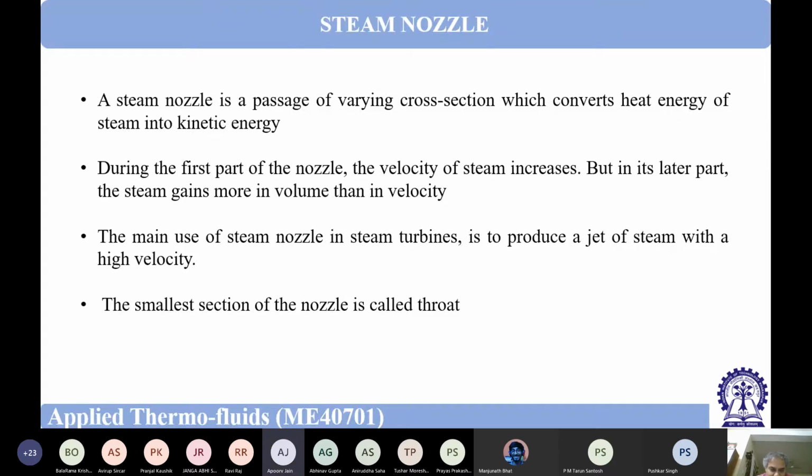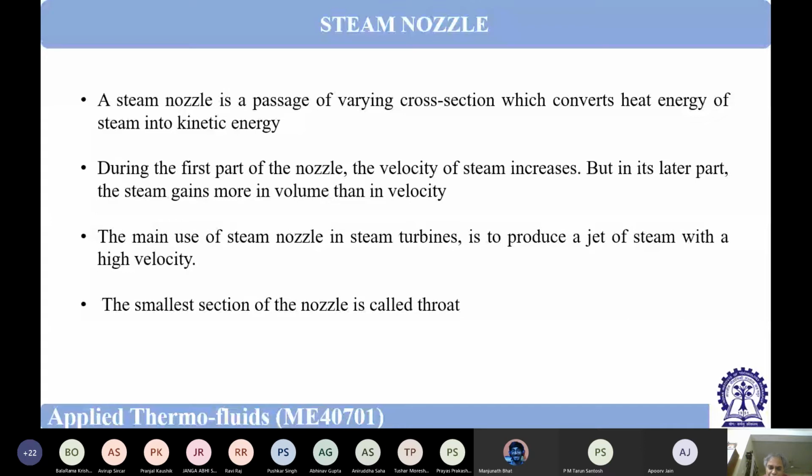Because liquid is incompressible. So what does it mean? Liquid is incompressible means the local sonic velocity of liquid is very, very high. Theoretically, the sonic velocity through a liquid and through a solid is infinite. So sonic velocity is very high, that means it is incompressible. So we can never go for supersonic velocity in case of a liquid, or even sonic velocity. So always it is in the subsonic region.